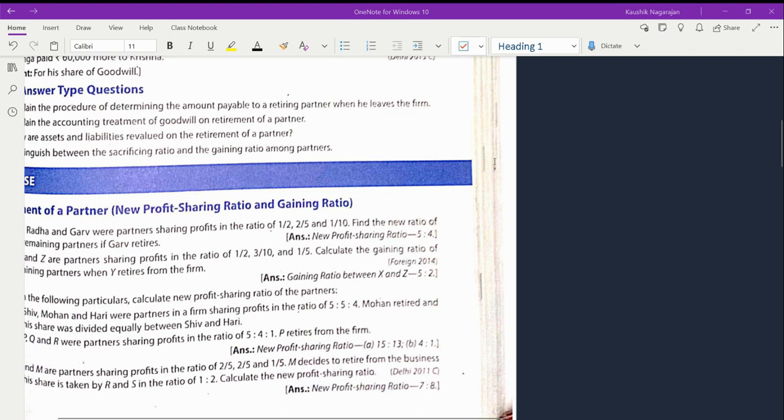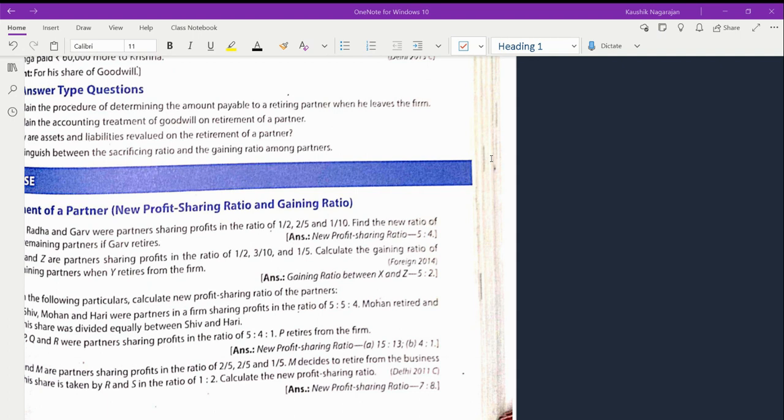Okay, so now we are going to discuss a topic, retirement of a partner, and under this concept, we are going to see how to compute the new profit sharing ratio as well as the gaining ratio. So let's discuss a problem one after the other. Given to us in the first problem,